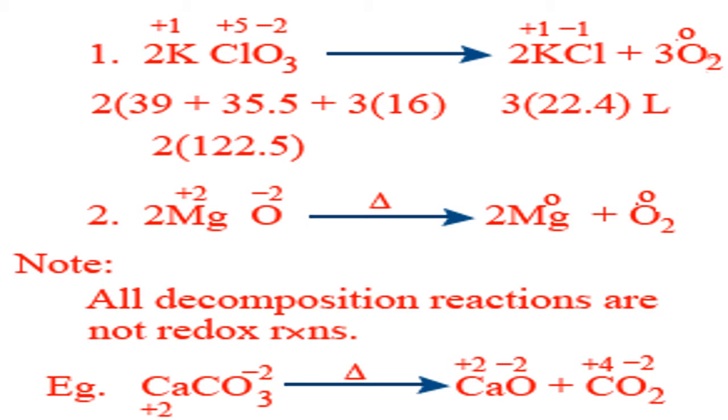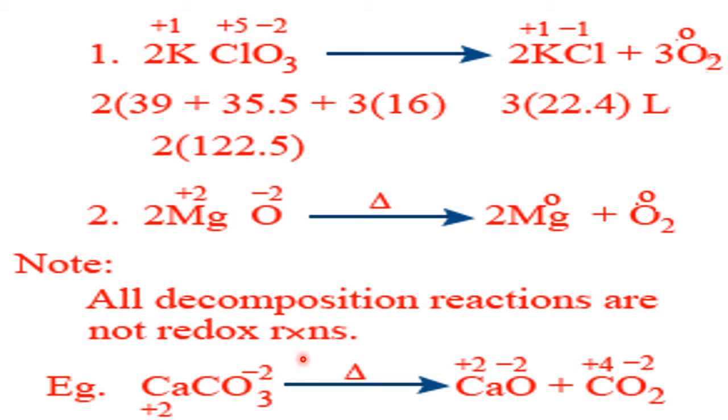Now we are comparing 2 reactions here. One is decomposition of potassium chlorate and another one is decomposition of calcium carbonate. Now let us compare these 2 reactions after assigning oxidation numbers. Okay, right. +1 potassium, +1 potassium, Cl +5, Cl -1, change in the ON. O -2, here O is 0. So it is a redox, right?